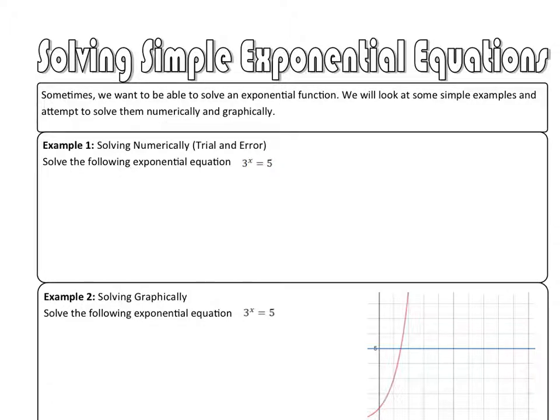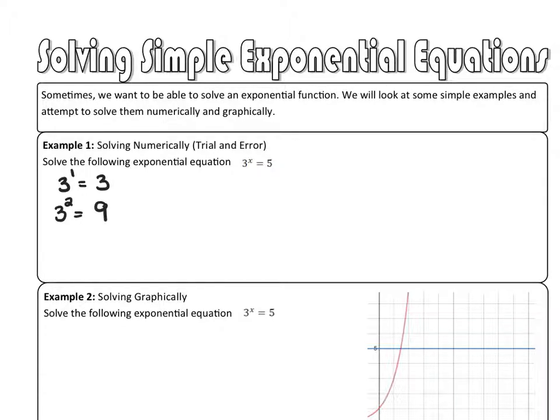So the first example is we're going to solve the following exponential equation: 3^x equals 5. Now, the way to do this is through what we call trial and error. So basically, it's like a guess and check. The first thing I'm going to do is I know that 3 to the 1 is equal to 3, which is less than 5. So we need an exponent that's greater. So I try a different number, 3 to the 2